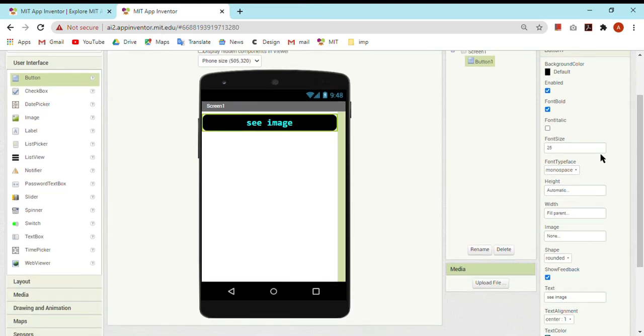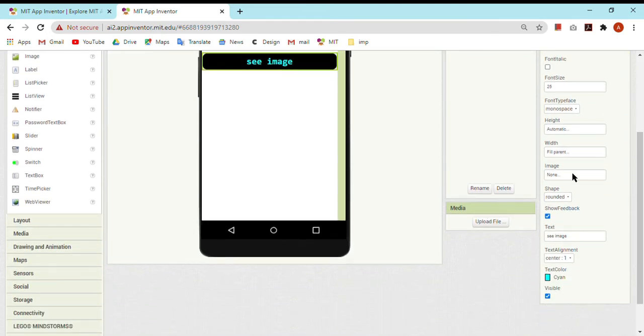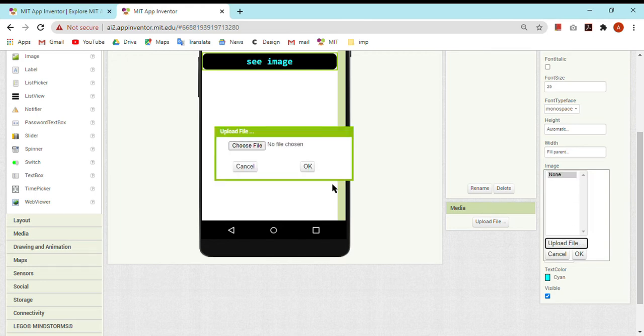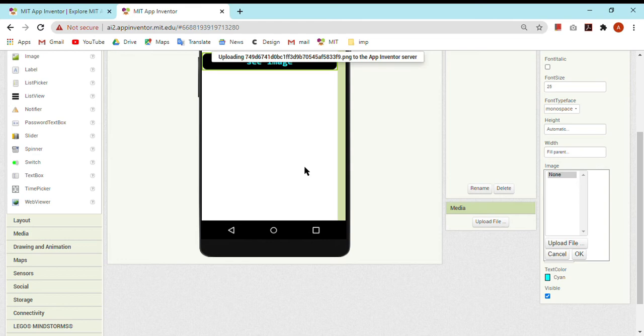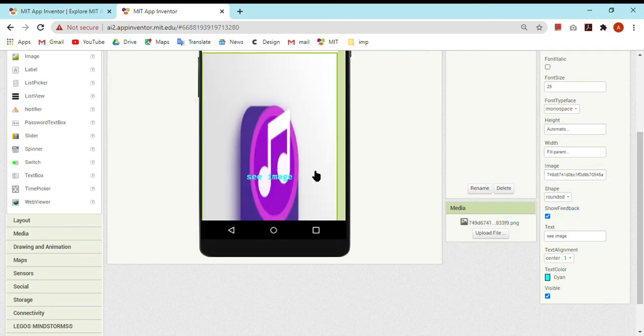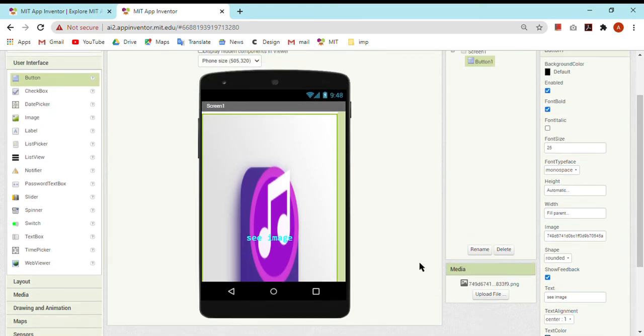Don't click on it. If you want an image to be there on a button, you can click on image, upload file, choose whatever the file. Suppose this is your file. Open it and click OK. It will soon be uploaded. See, now this image has been uploaded.